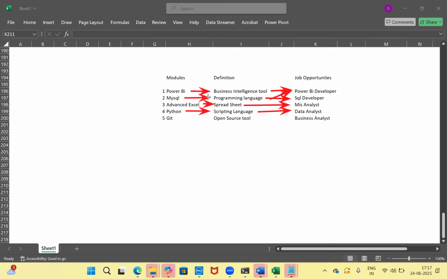Okay, you are supposed to have your Power BI. Let me draw here. You're supposed to have your Power BI, your SQL, your spreadsheet, and your scripting language as well. You're supposed to have all of this. It's not very mandatory to have all of this, because in a few companies for data analyst or business analyst,